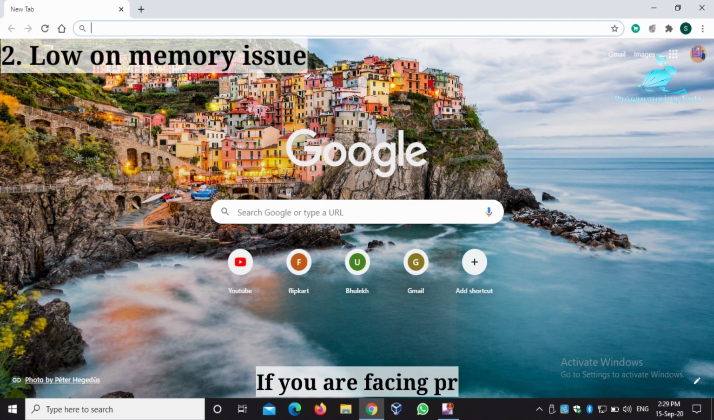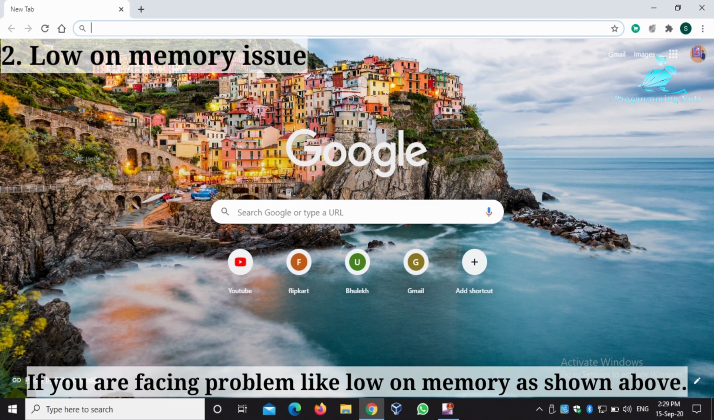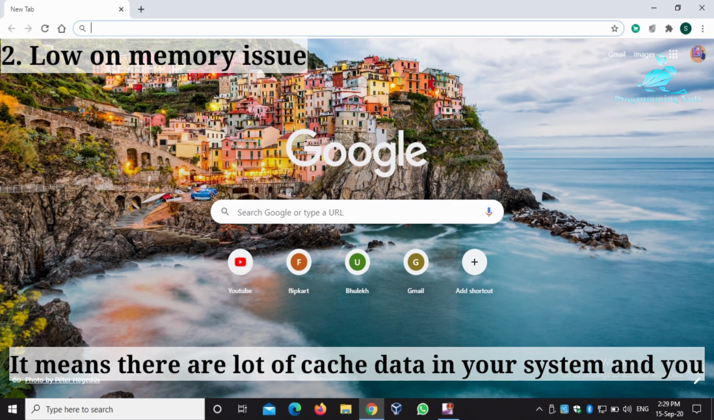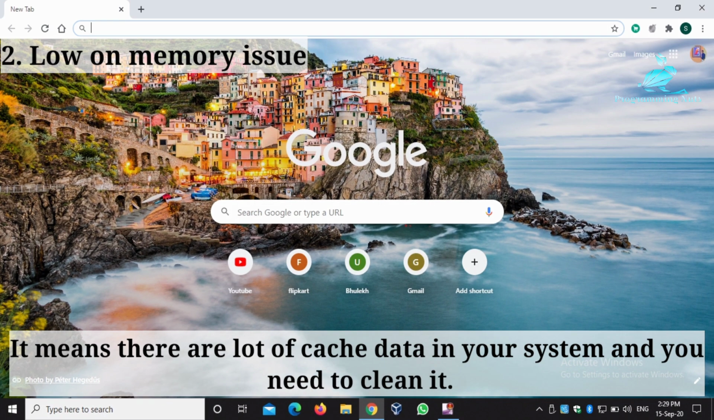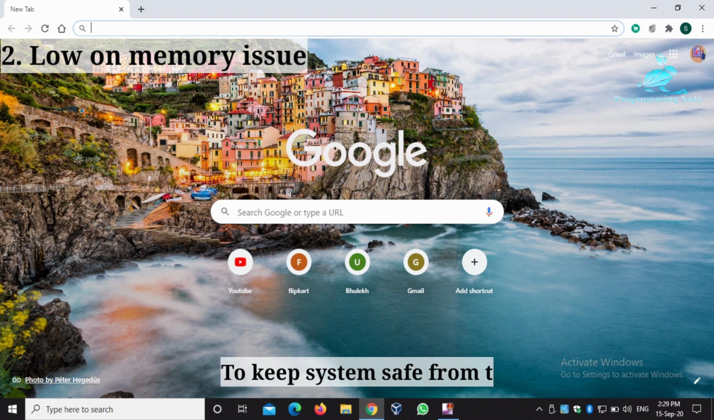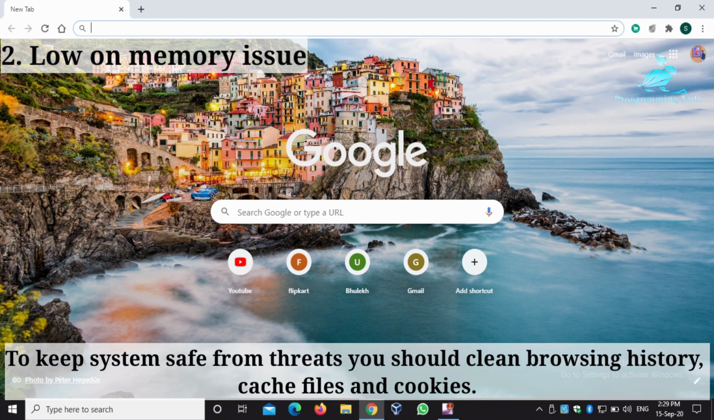Next, if you are facing a problem like low on memory, or it's showing a pop-up like this as shown on your screen, it means there are a lot of browser cache files stored on your device and you need to clear them. You should frequently clean browsing history, cache files and browsing cookies to keep your system safe from threats